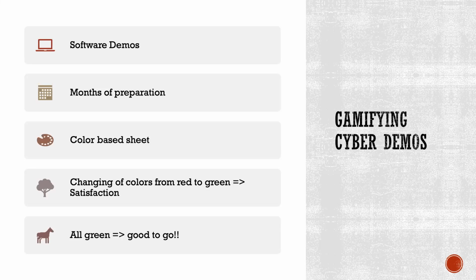As we kept completing more and more of these, all of them turned to green. And when we're all green, that means we're good to go. The demo is ready. And usually we had a time scale of maybe 2 weeks before to have everything green. This was the first one.